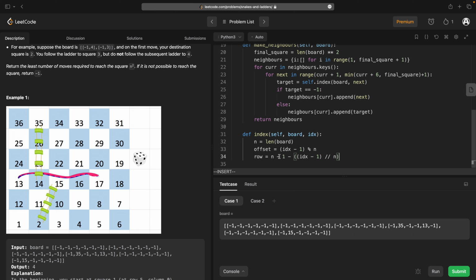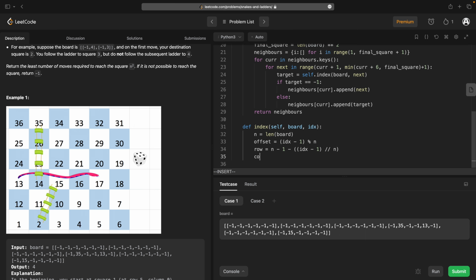So hang on, if we had 6, that's 6 minus 1 is 5 over 6 is 0. 6 minus 1 is 5 minus 0 is 5. 0, 1, 2, 3, 4, 5. Good. If we were at 25, that's going to be 24. 6 times 4 is 24, so it's 4. 6 minus 1 is 5 minus 4 is 1, so 0, 1. Perfect. So the column now is equal to,